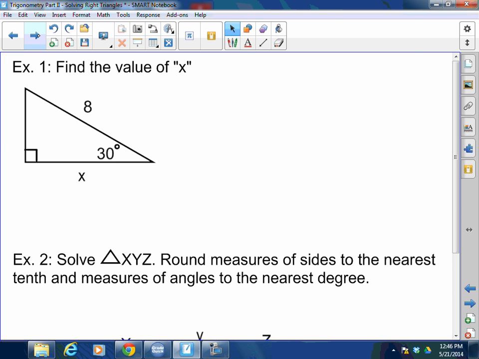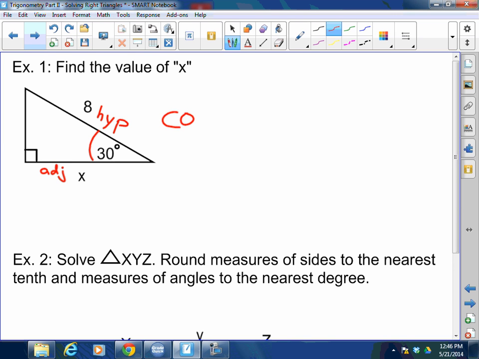So I'm dealing with angle 30 here, right? From angle 30, label the side where x is adjacent. And the 8 will be the hypotenuse. Guys, from SOHCAHTOA, who uses adjacent and hypotenuse? Cosine. So check this out. Ready? So the cosine of 30 degrees